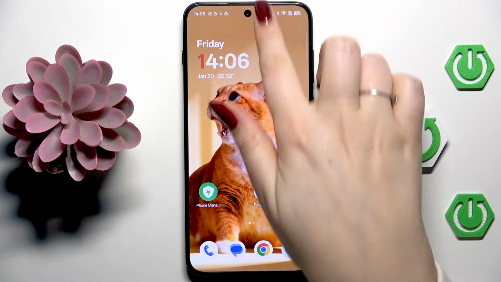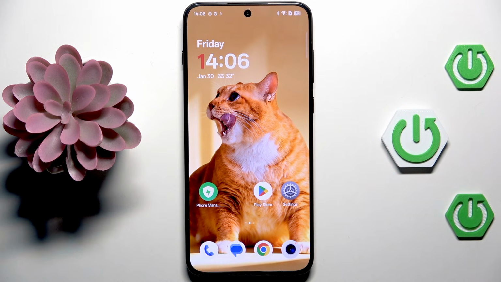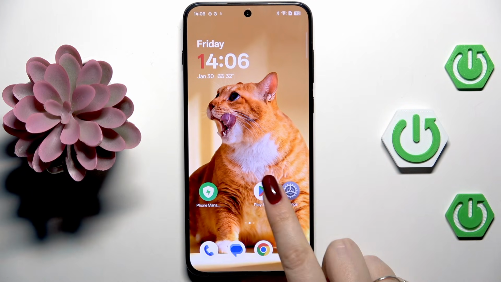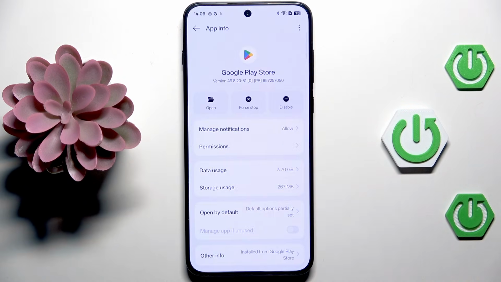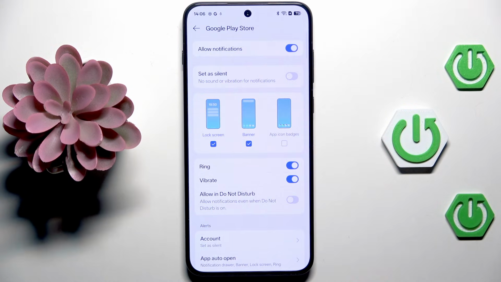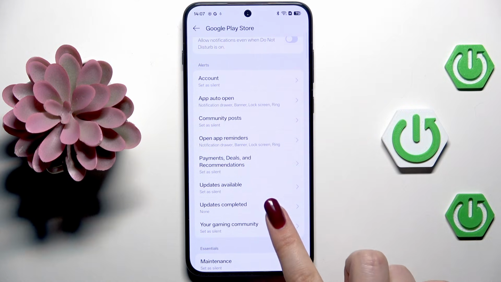So if you're receiving advertisements in this notification center here, find the app that is showing you the advertisements, tap on it and hold it, and then go to more features. Tap on App Info, and here go to Manage Notifications. So basically, after scrolling down, you can see that the notifications are divided into different categories,